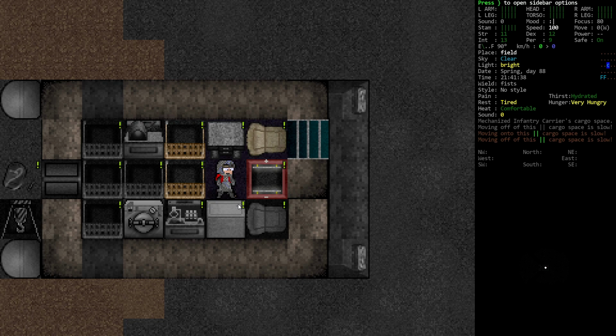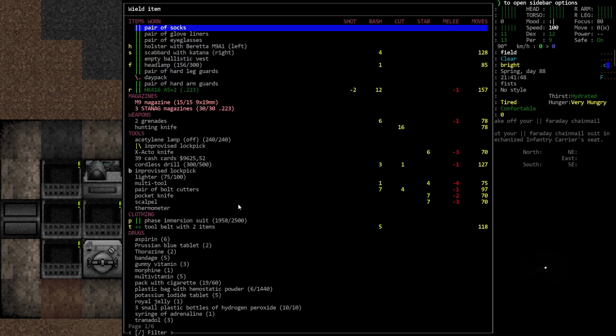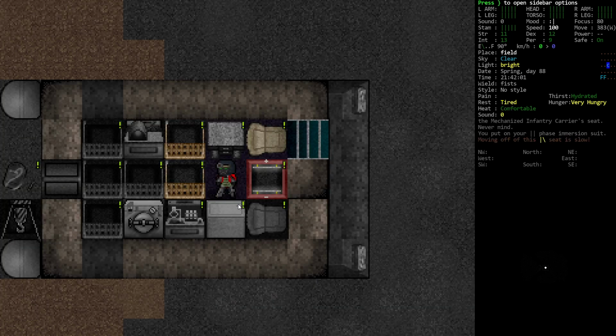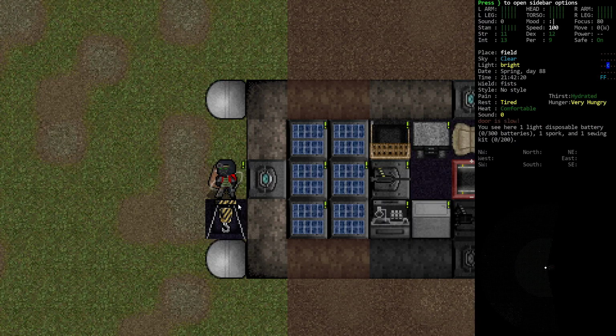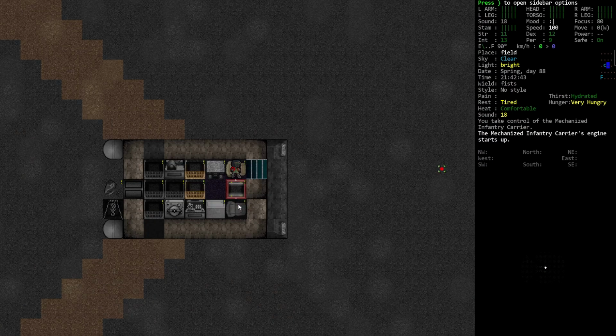Right. For now, I will go in here and drop the Faraday chainmail suit. And I will wear again, not wield, wear the phase immersion suit, just because our standard setup is for that. Am I close enough? No, I'm close enough to nothing at the moment. So let's go back to...